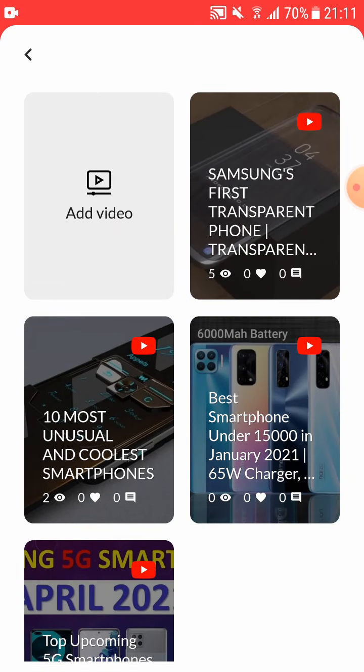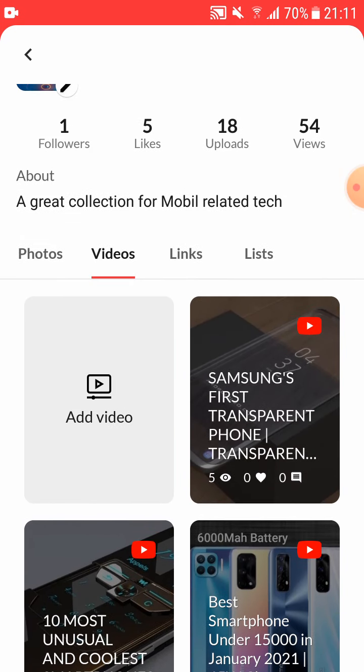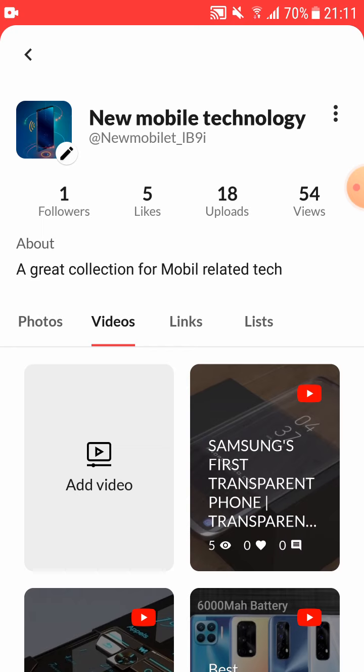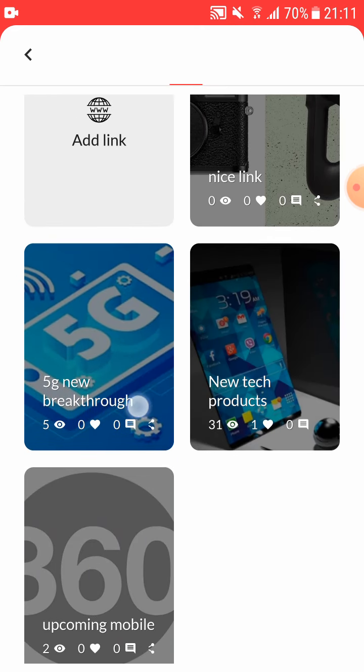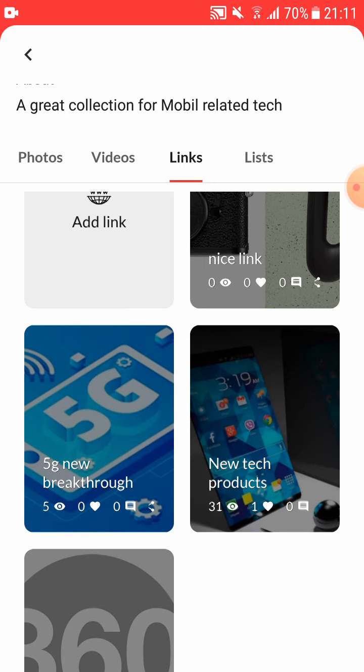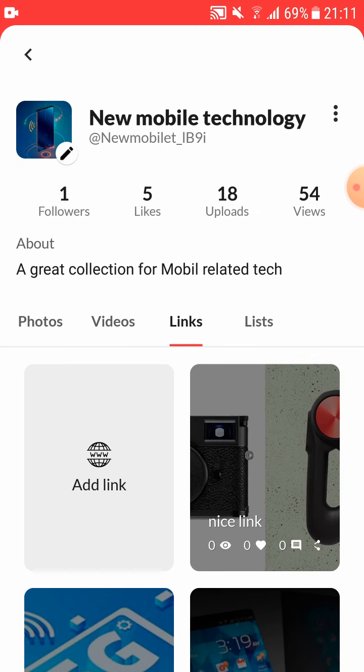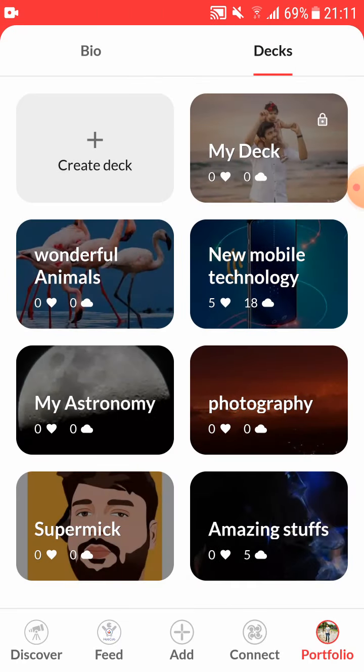Same thing with video: I can add a video with the help of the gallery, I can upload from the gallery, I can make a video directly using the camera, and also I can link videos like YouTube and other websites which give you video options. I can add links of websites, articles, blogs, anything which actually helps me give information related to my DAC.